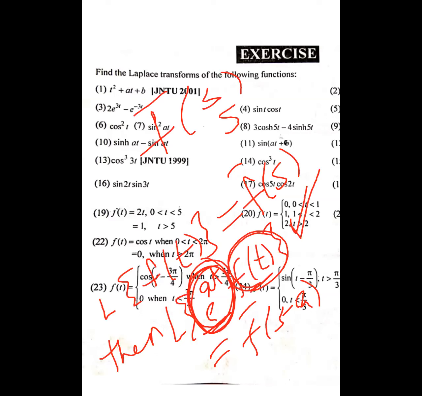So here the resulting value has s replaced by s minus a. For example, in the given problem, if e power minus at is available, then replace s by s plus a. For every function in the question we write the opposite in the answer. So e power minus at is available in the question with f of t, then we get the answer f bar of s, then replace s by s plus a. So minus a in the question, we apply plus a in the answer to s.